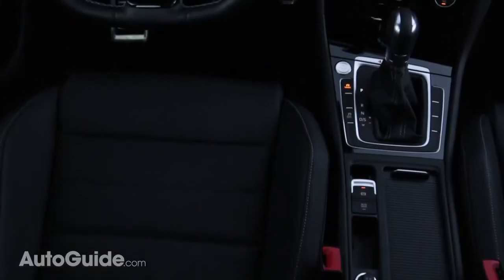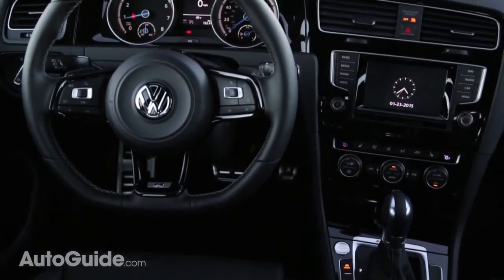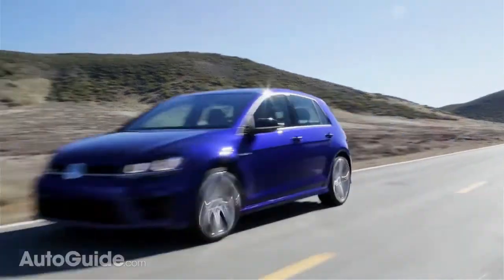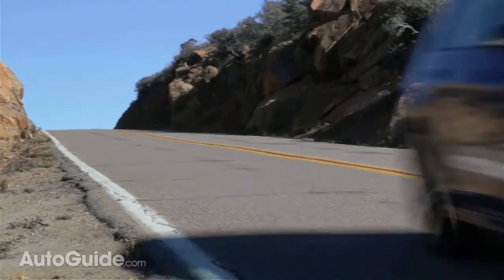This may not be an issue for you, but frankly, the pedals are a little bit too generously spaced for my feet in the manual model, and that makes it difficult to fully enjoy what it does best: carving through twisty streets and occasionally on a circuit. Although unfortunately, I'm not going to get any track time in the car just yet, but that does bring me